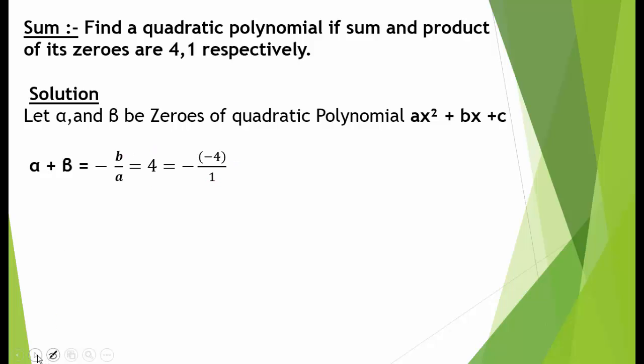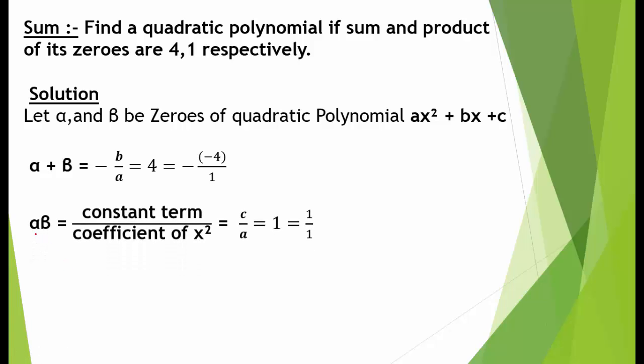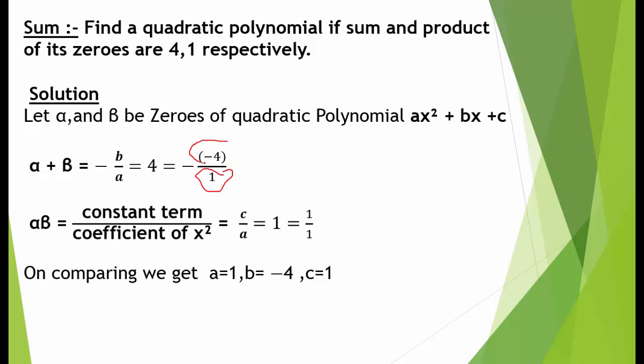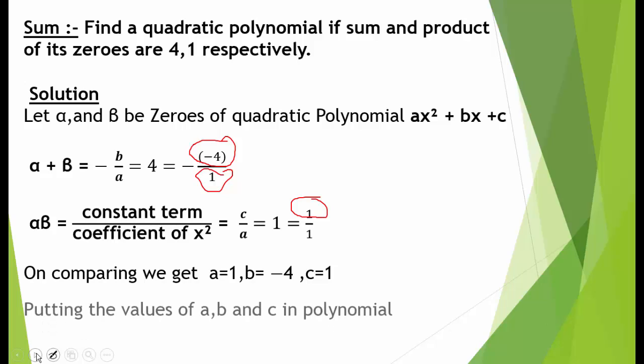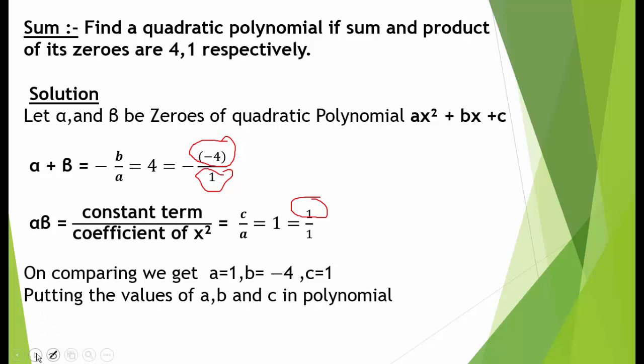Similarly for product of zeros, that is alpha into beta, constant term divided by coefficient of x square, and this is 1, and c here we have taken a equals 1, so make a 1 so that we can compare easily. Comparing we will get a equals 1, b equals minus 4, and c equals 1. So replace a, b, c with these numeric values, that is 1, minus 4, 1 respectively. Putting the values of a, b, c in the polynomial, quadratic polynomial is x square minus 4x